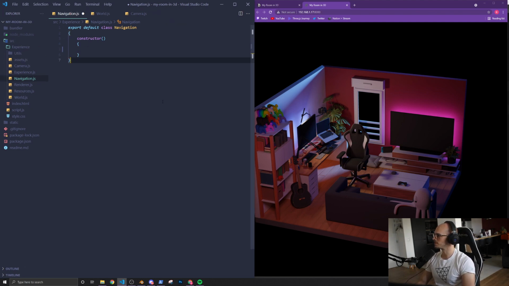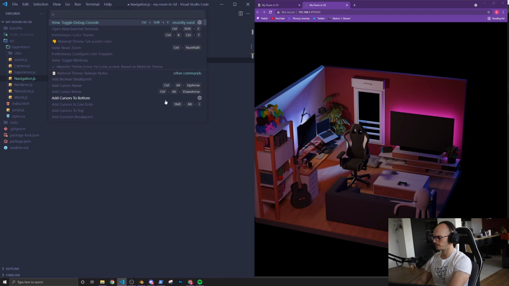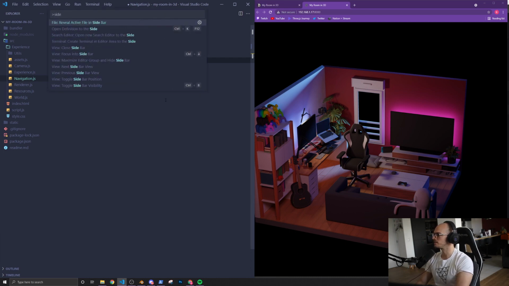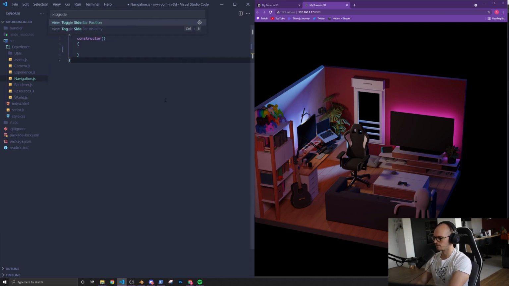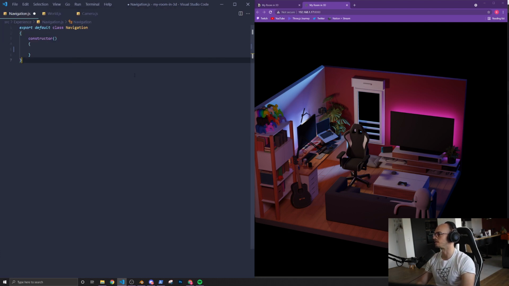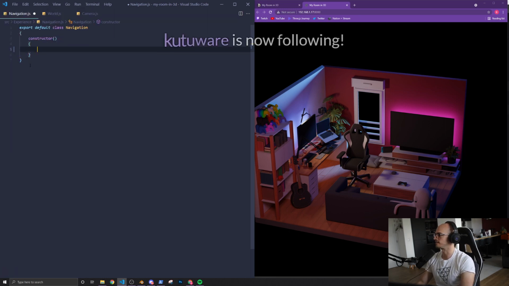This part is named sidebar, I guess, so maybe we can hide it by doing toggle sidebar, Control B. Oh, okay. The other one should be Control Shift B. Come on. Anyway,